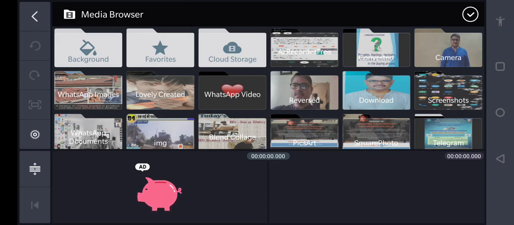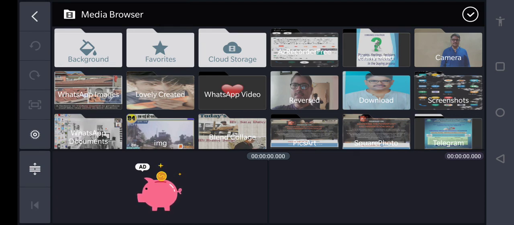Now this is my gallery folder where I have all videos and photos. From there, I have to select the videos which I have to use. I have made two videos. One is only a 30 seconds video, which is an introductory video, where I have shot myself. I spoke something about the topic which I want my final video to show in the first one, and then another one is a PPT.